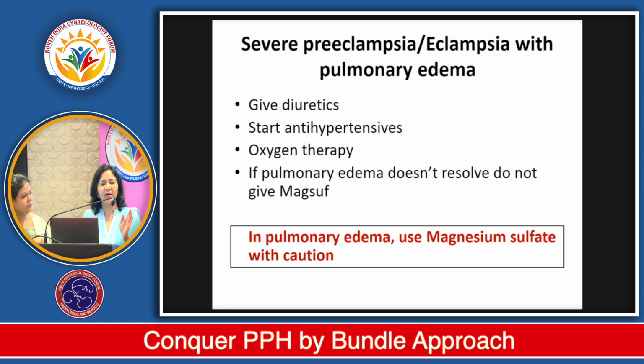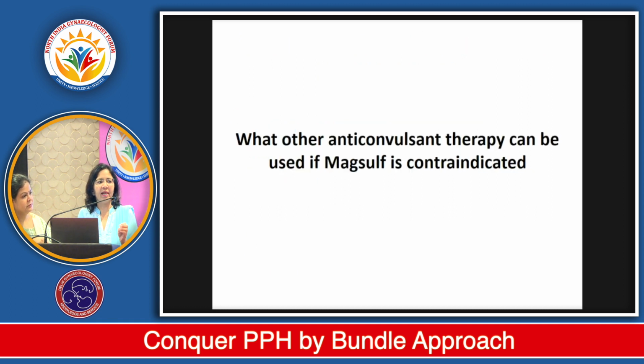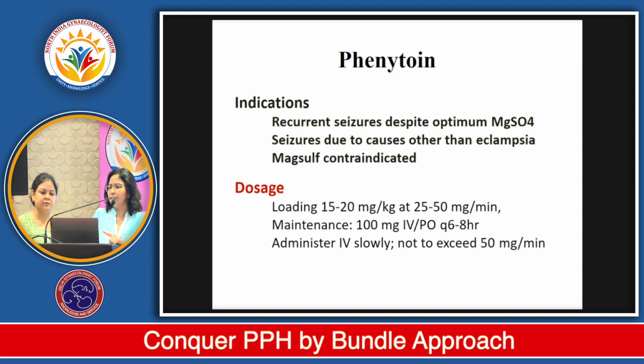If it is just that you have given them diuretics, the Lasix has been given, and you give antihypertensive, it resolves there in the emergency itself. You can give Maxil, but you have to be careful in these patients. So just to highlight that, we had put in this case here. So now after other anticonvulsant therapy, can Maxil be used? This is about the phenytoin, and now we just wanted to discuss the dose and all,